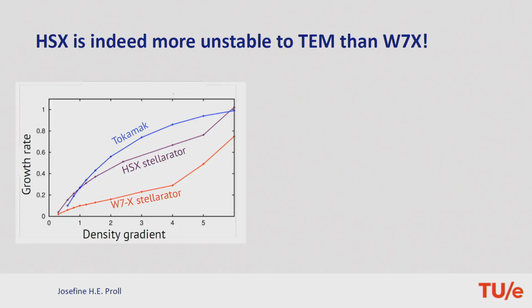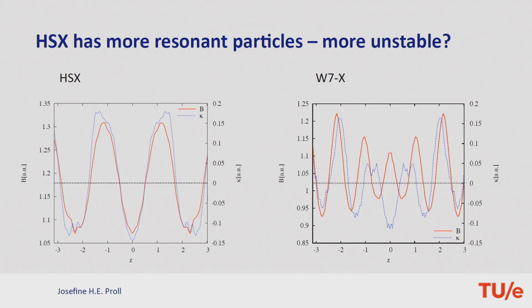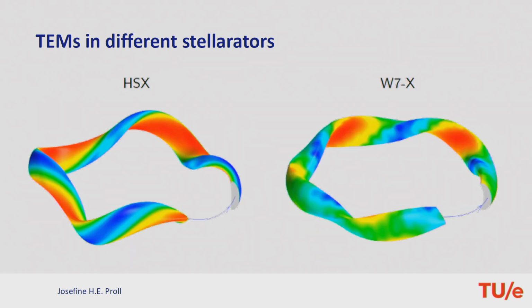Okay, so what we have done is we've taken different shapes, right? Like the Wendelstein 7-X stellarator, you maybe already know. Let me go back to this picture here. This is how Wendelstein 7-X looks. And you maybe also remember the helically symmetric stellarator, where I explained to you this idea of quasi-symmetry. Well, if we do simulations and we're asking how bad are these instabilities, and we're measuring how fast they're growing,